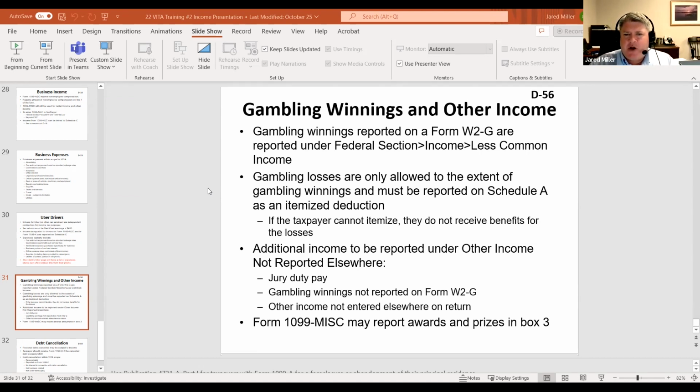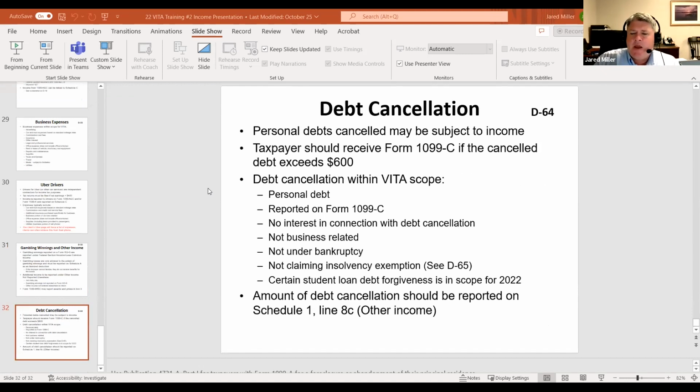Just last thing I want to finish off with here is debt cancellation. One of the other areas we take a look at is debts can be canceled. So we're not talking about student debt relief. That actually hasn't happened yet for the 2022 year. And in addition, that is projected to be tax-free for federal and also not taxable for PA purposes. So if you have people who have questions with student loan forgiveness, we can get more information as that becomes more apparent when that's going to actually occur. But it should be tax-free for both federal and PA purposes.